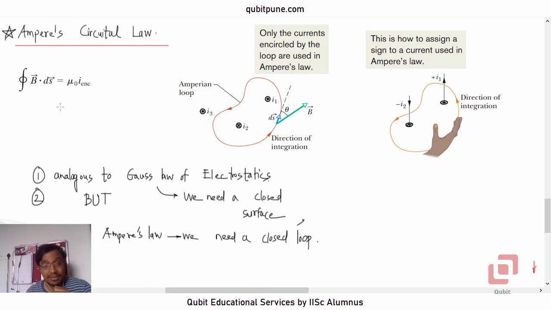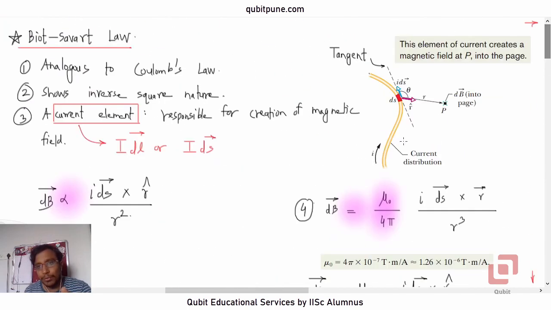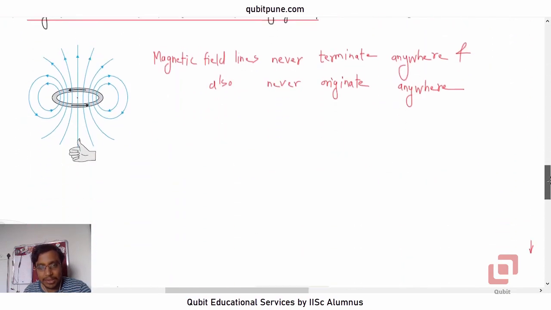It tells us that if we take a closed loop not passing through any of the conductors, randomly shown here, and we decide the direction of integration, like this, anticlockwise, and if we sum the dot products of the magnetic field at all points with the lengths, then what you have to do is, like I said for Biot-Savart law, imagine your Amperean loop